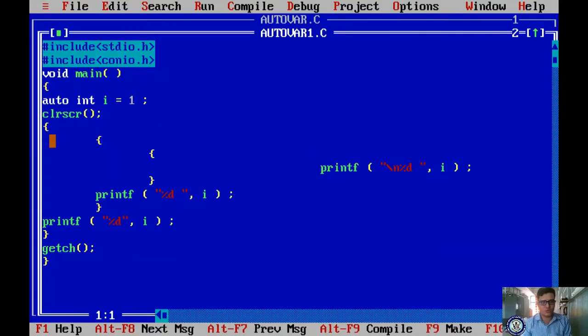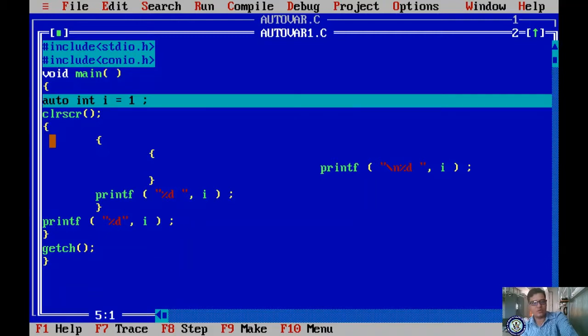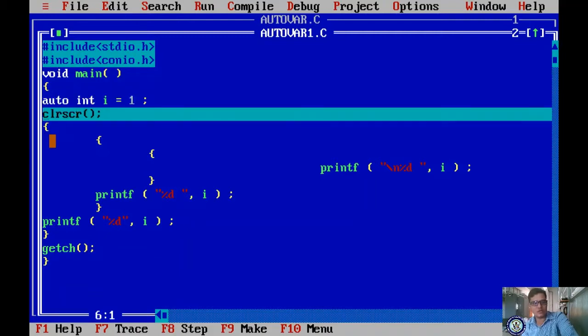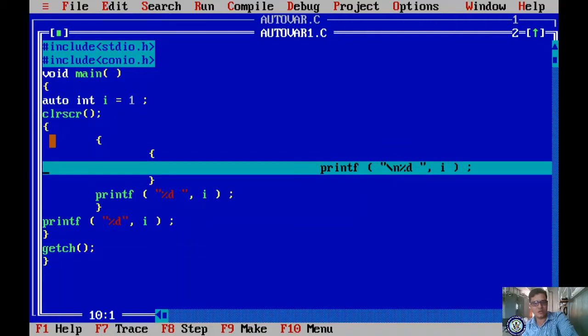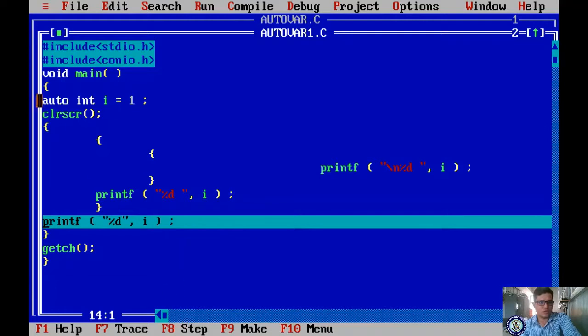So I will show you how the sequence of execution is done by pressing function key F7. If I press here, first it starts from the main function, whatever initialization you have provided will be initialized. Next it is entering the inner block, so the scope of this I is within this block, and afterwards it comes within this block. The scope of I is within this block itself only. Still here the block has ended. You can also access I here because the life of I exists till here, right?